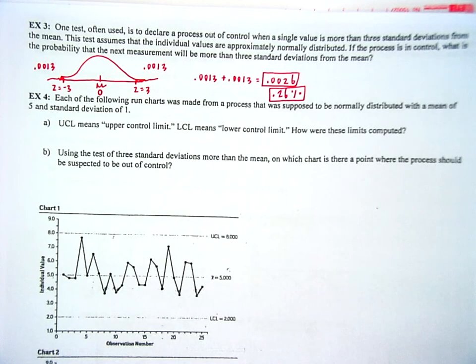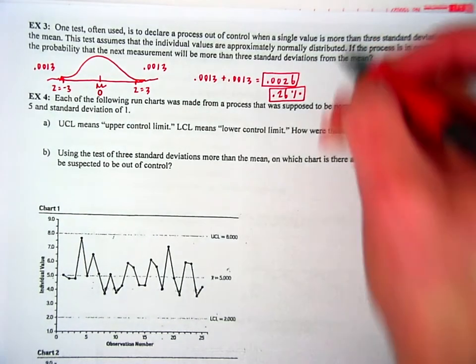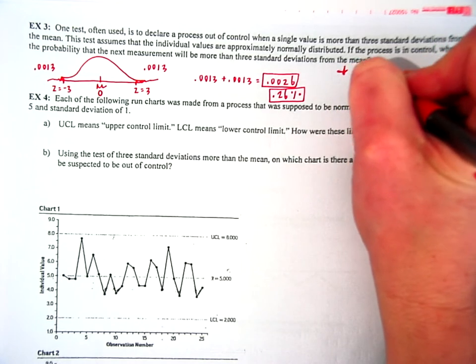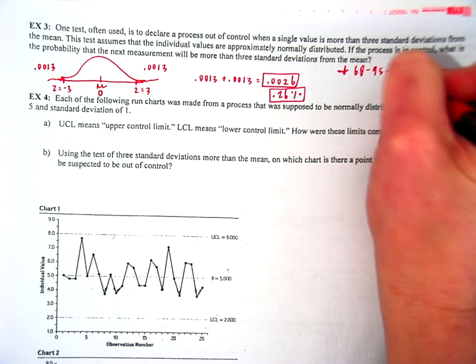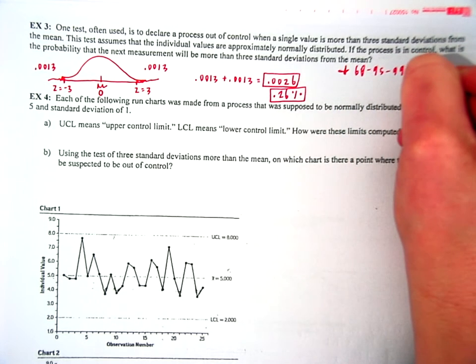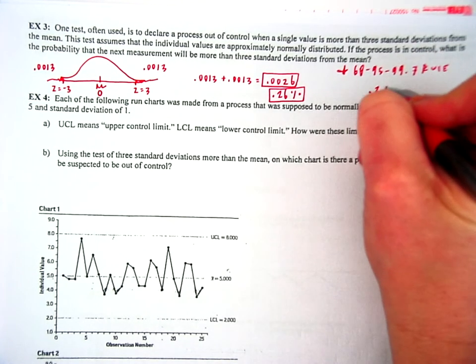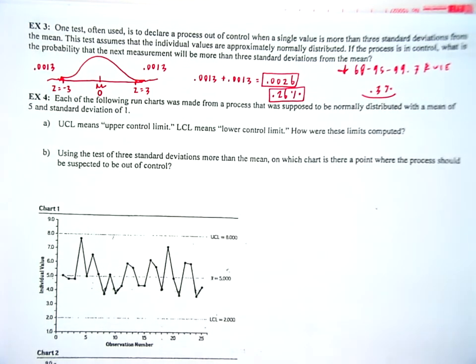If instead I wasn't using my z-score chart and I was going back to that general 68, 95, 99.7 rule, then it would have been 0.3%, which again is still very, very unusual, unlikely for that to play out. All right, so for example 4, each of the following run charts was made from a process that was